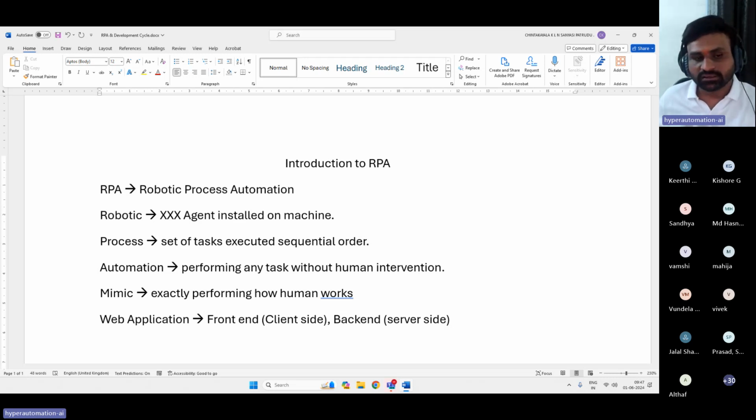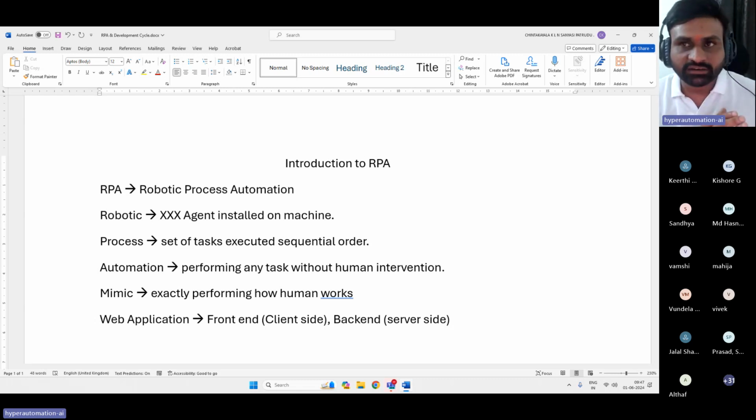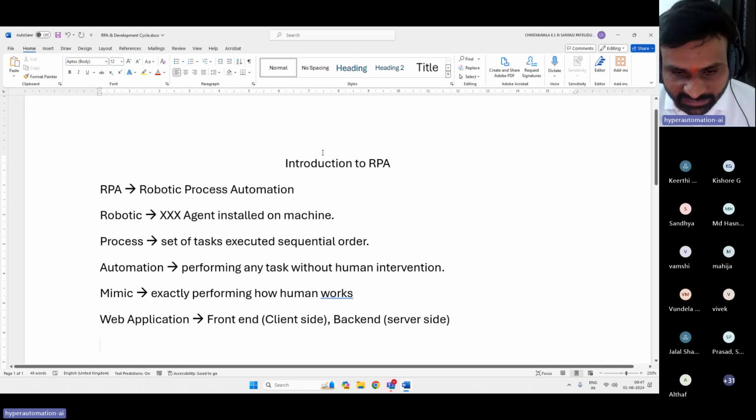It's not always necessary to mimic the human, but it can mimic the human as well. We will see all of this, like what an API is, going further. As part of this introduction, when you say mimic, yes, there is a possibility of mimicking the human, but it's not always. So are we clear, guys, on this, or any questions till now?